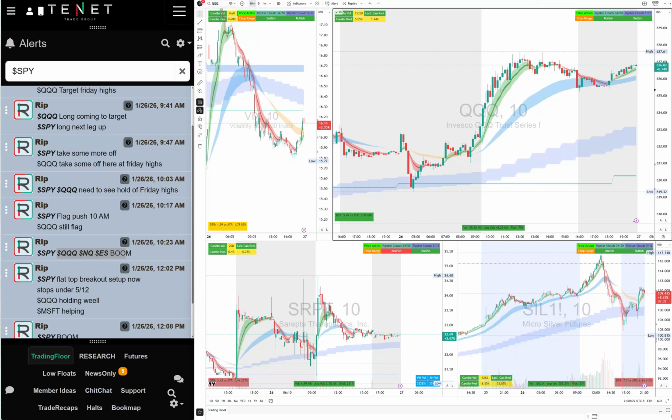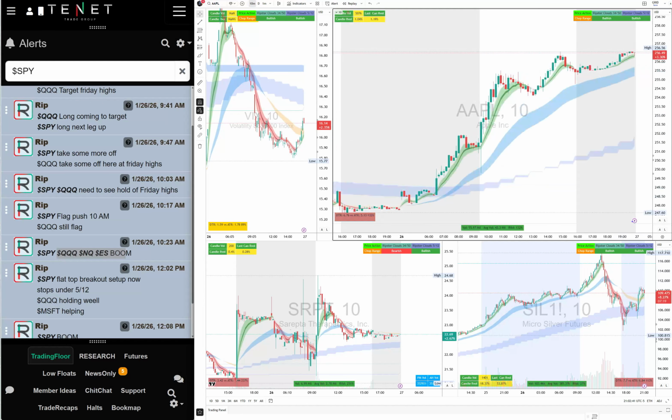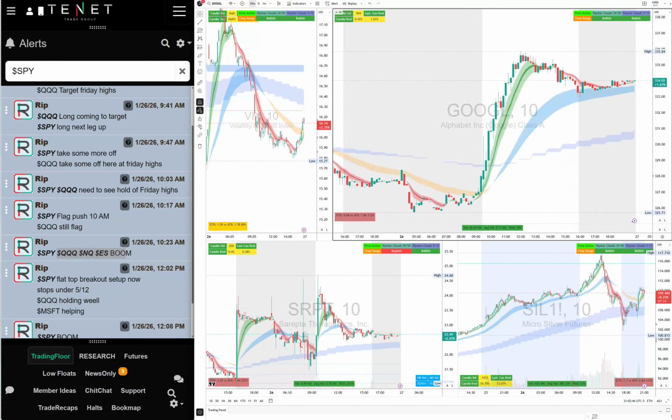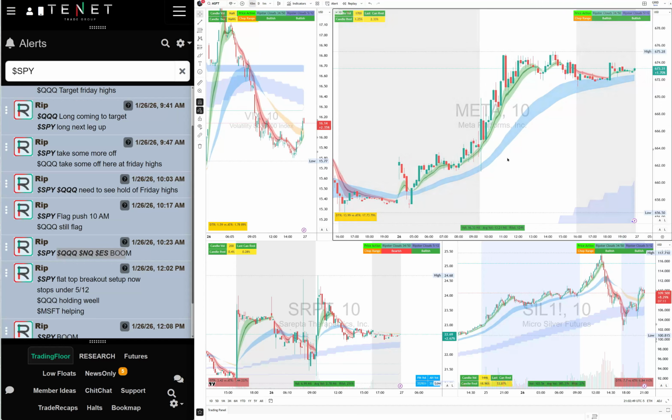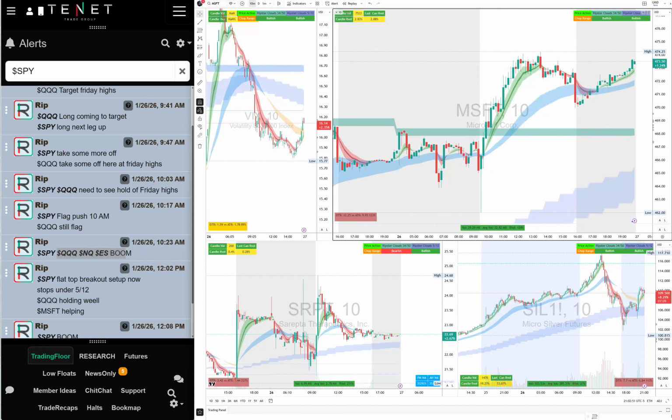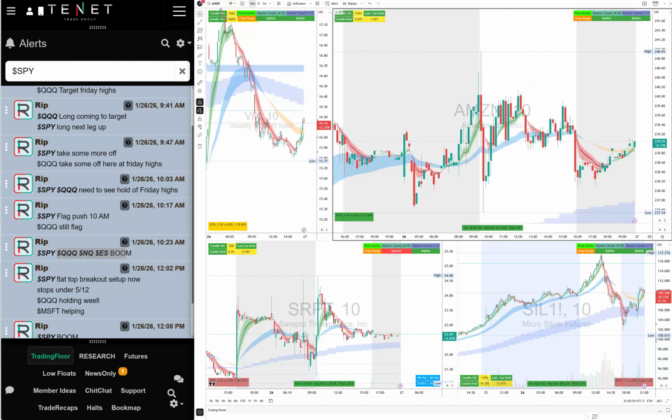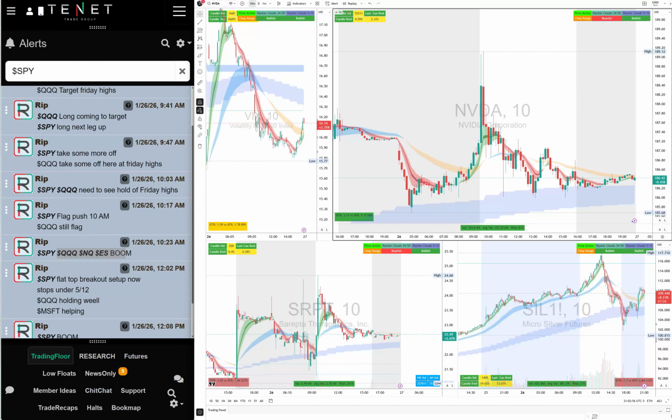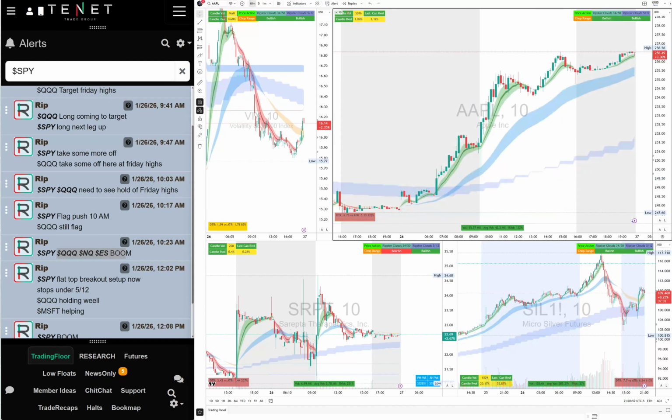But something I want to cover today is the sectors. Why were SPY and QQQ running? Because the Mag 7s, the Magnificent Sevens, which are the biggest stocks in the stock market and actually move the market, were strong today. Most of them, not all of them. Let's start with Apple. Apple was strong. Google was super strong, 1 hour MTF long. Meta was decent. Microsoft was strong, 1 hour MTF breakout, and we also had news on Microsoft. Amazon was choppy, Nvidia was choppy, but those four names were pretty strong, and they were pushing SPY.